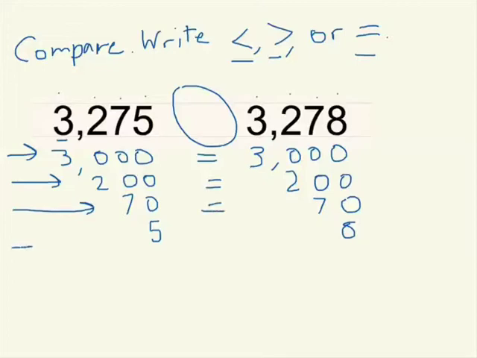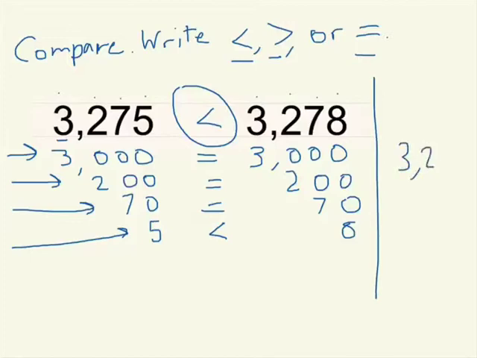And if I look at my ones place, 5 is less than 8. So 5 is less than 8. So therefore, the whole number, when we put it together, 3,275 is less than 3,278. Now, one other way I can think of solving that is writing the numbers above each other, keeping, again,